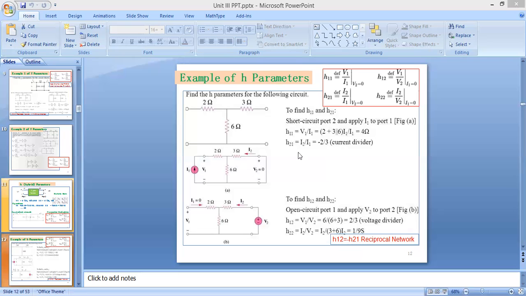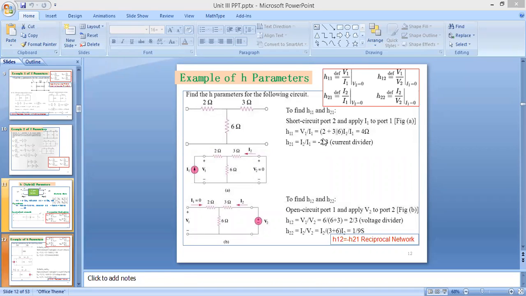तो करंट डिवाइडर रूल कैसे अप्लाई कर सकते हैं हम? जब हमें यहाँ पे I2 निकालना है, we are having the value of I1. हमें I1 का वैल्यू पहले ही मिल चुका है. यहाँ पे I1 का वैल्यू नहीं मिला है, but we will get the value in the form of V1 का वैल्यू जो है I1 के फॉर्म में हमें मिल सकता है. तो I2 को हम क्या करेंगे, we can convert in the form of I1 into